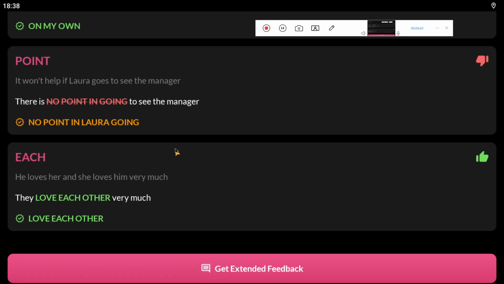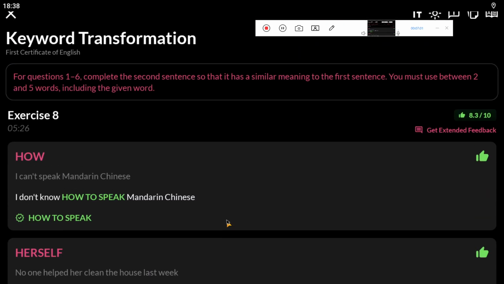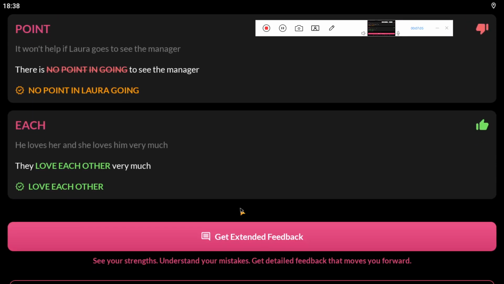Okay, so don't forget. Be careful with this part. The phrase is there is no point in. No tiene caso, right? But don't forget to put the person that performs the action. Okay, and then the verbs in ing form always. Okay. So regarding this exercise, do you have any questions? No? Let me know, please.